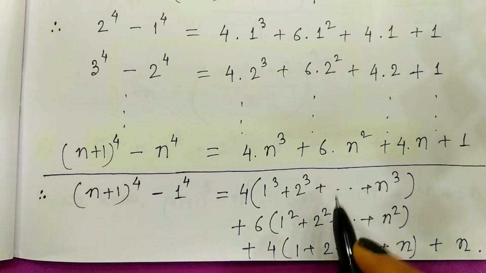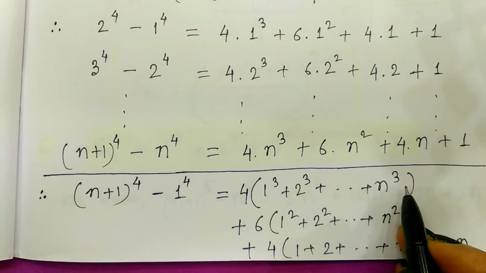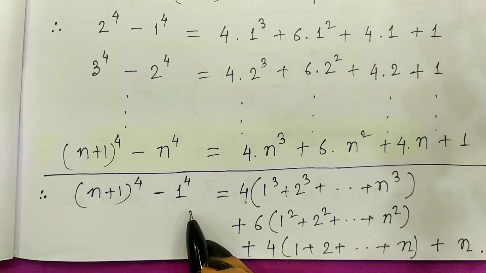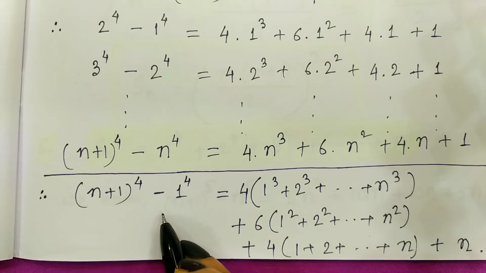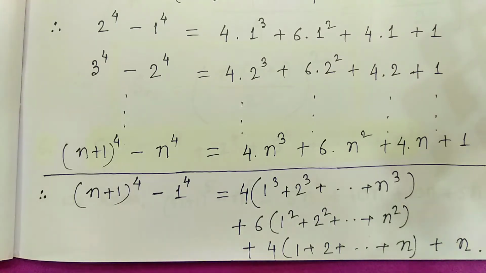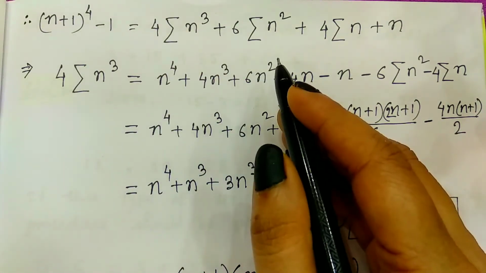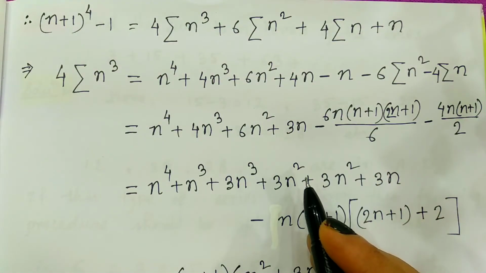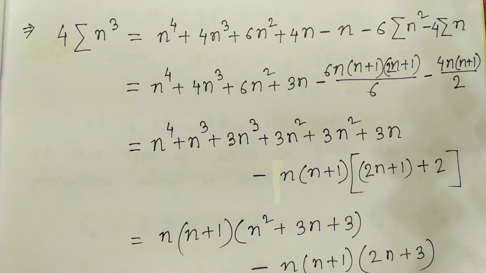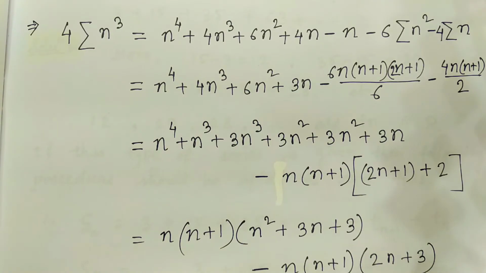Now again our requirement is to find this part. This one is known to us, and this one we can easily expand. So if we solve accordingly just like the previous one, we can find this one. Just look at the solution for this one. If we simplify, this is the solution, and finally we will find it. If you require, you can take a snapshot also.